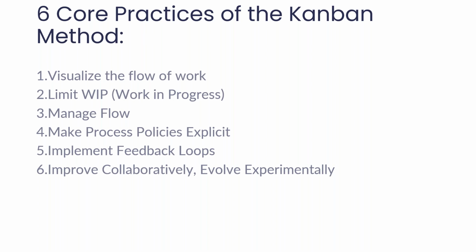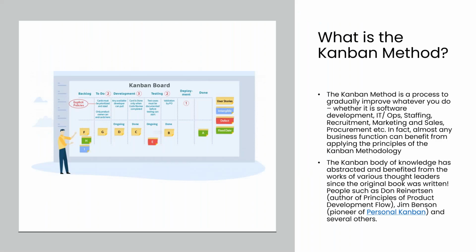Next practice: limit the work in progress. Do not start all the things and keep them all in progress, right? If you start so many things, then so many things will be in progress and